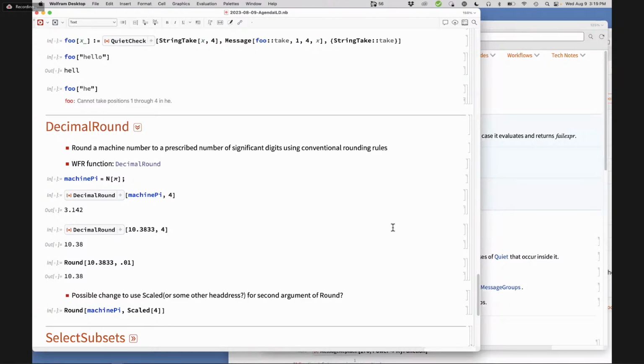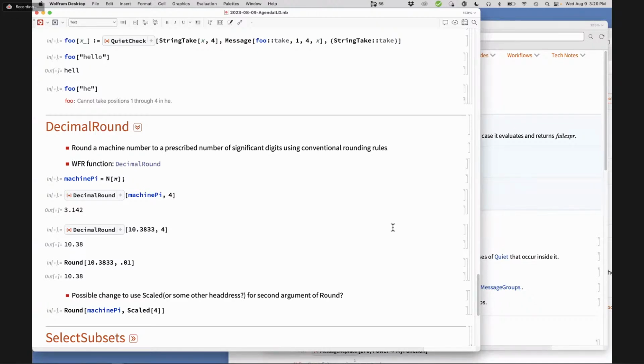I don't think it 100% fits, but there is an argument to be had. That is incomprehensible. Nobody will ever understand it. Well, scaled may be the wrong headdress. What about using a list? Yeah, I was just going to say, N is already a precedent for accuracy and precision. It's a hard to understand feature of N. Nonetheless, it can be adopted, to make this a significant figures thing.